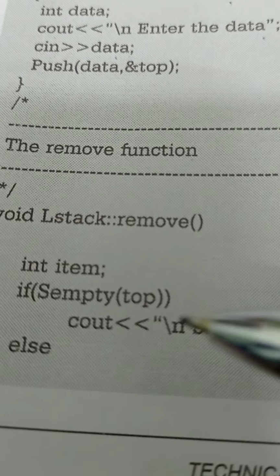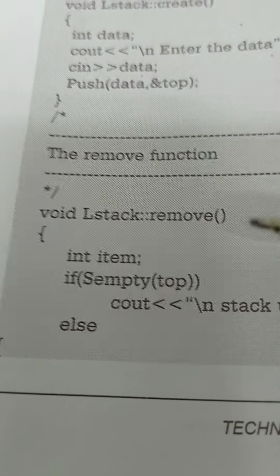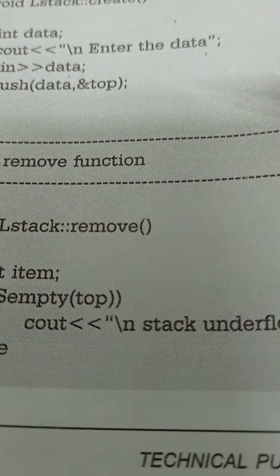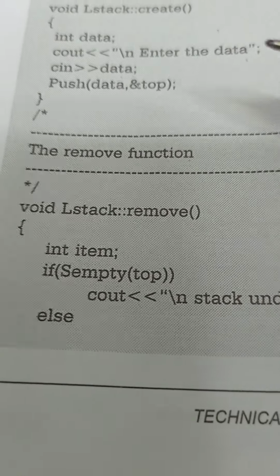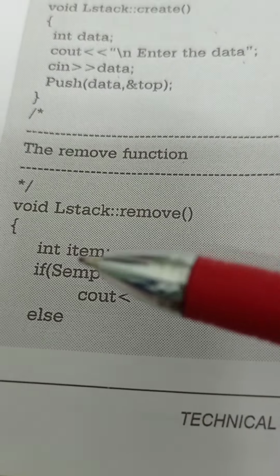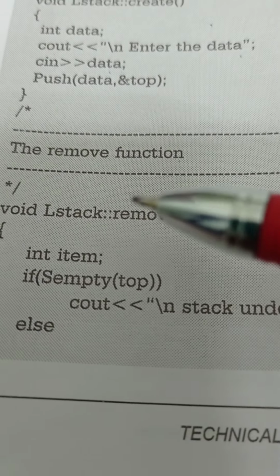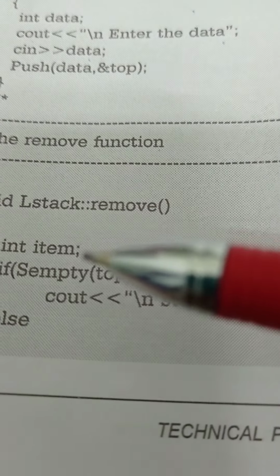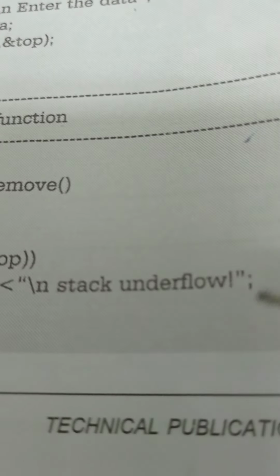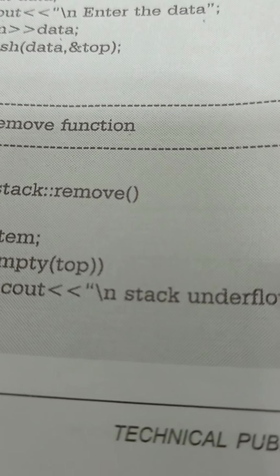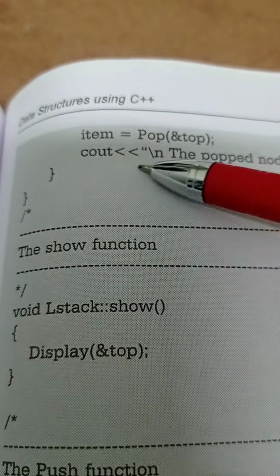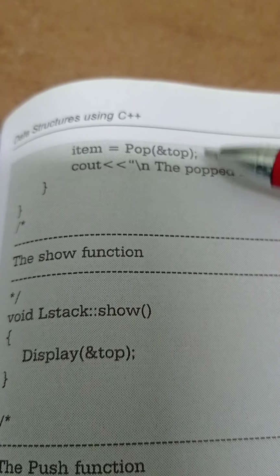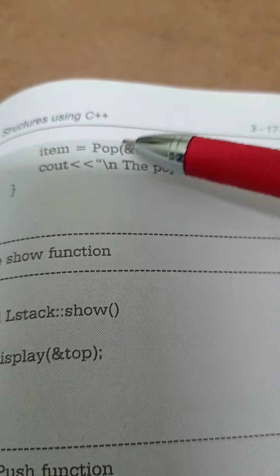If the stack is empty, if no data is there in the stack, then how can we remove? If data is not there, how can we remove the data? Therefore, using the stack empty function we will come to know whether the stack has data or not. If it is not there, it has to display stack is empty or stack underflow. Else, using item equal to pop and top equal to this,